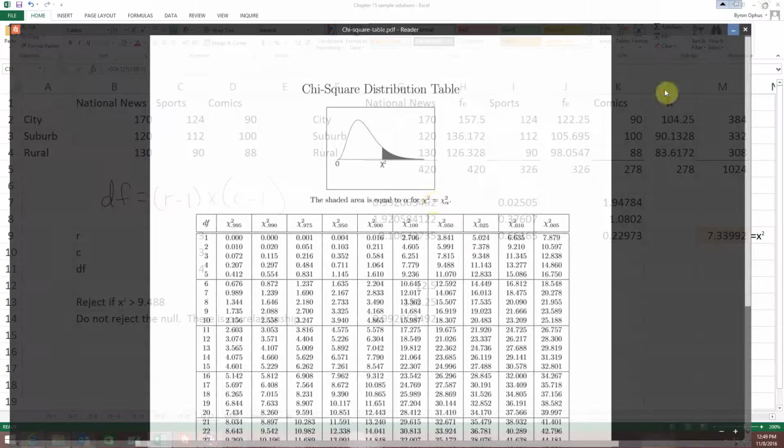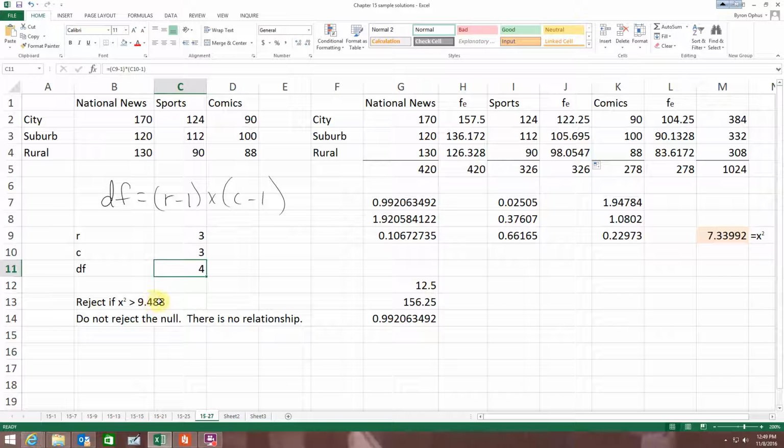I think that might be a little different than what I have here. No, 9.488. Okay. So I'm going to reject it if my calculated x squared is greater than 9.488. Okay,